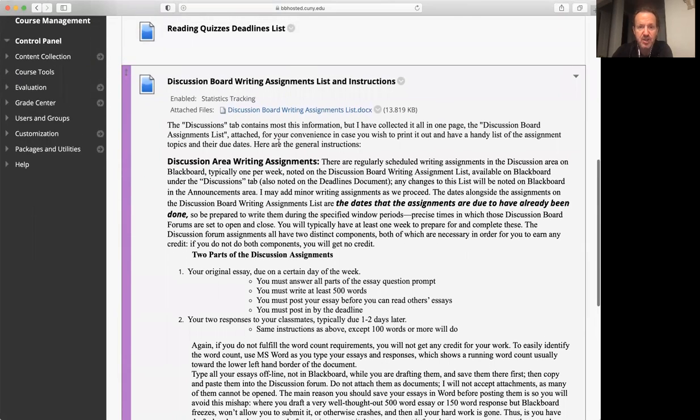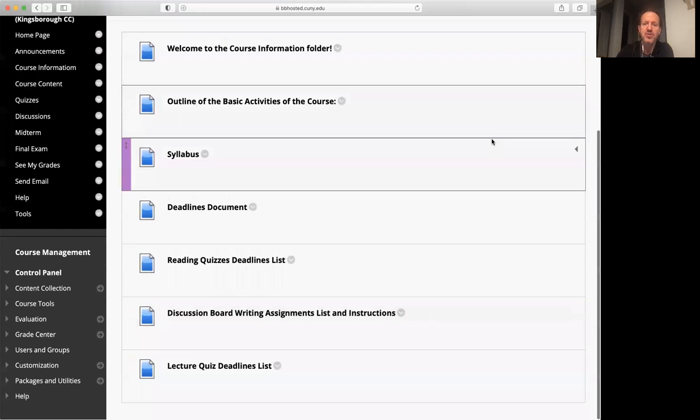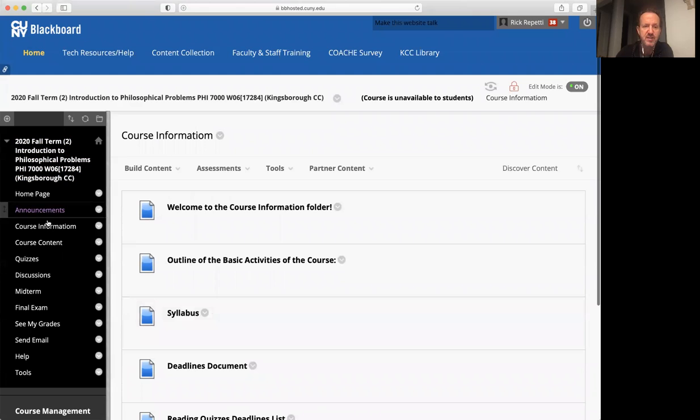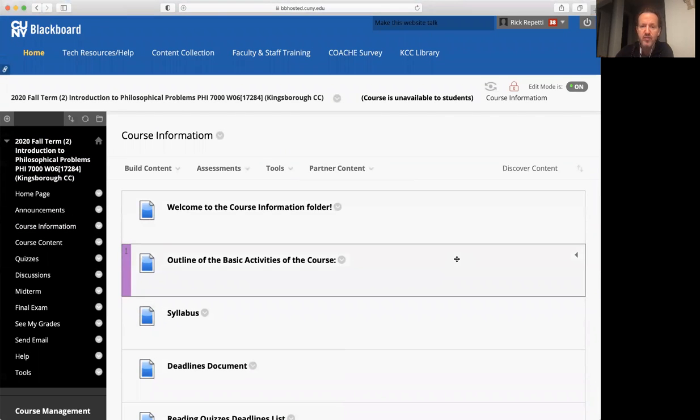So this is the discussion board. I'm not going to print this out or open this up, because when we go into the discussion board, you'll see them all anyway, okay? But this just gives a nifty little list of all the dates, like week 1, week 2, week 3, week 4, week 5, week 6, what the topic is and what the deadlines are for the original post and the follow-up, Friday and Sunday, right? That's all that it does. It names them, right? These are all the instructions. Okay, so now I can close that. And just to remind you, we have been in the course information tab, which has all these overviewing documents.